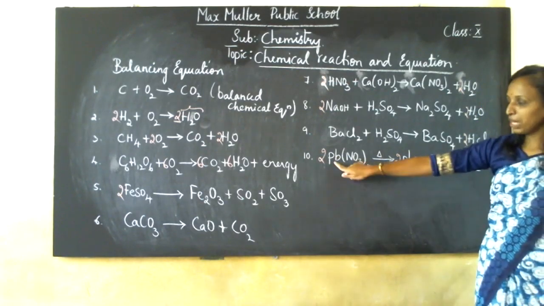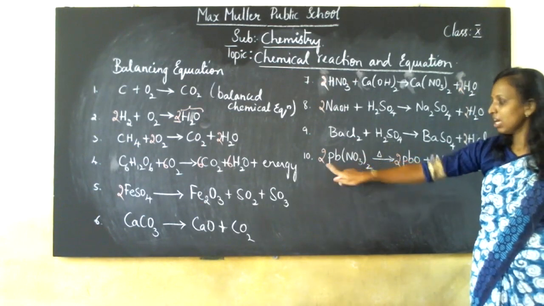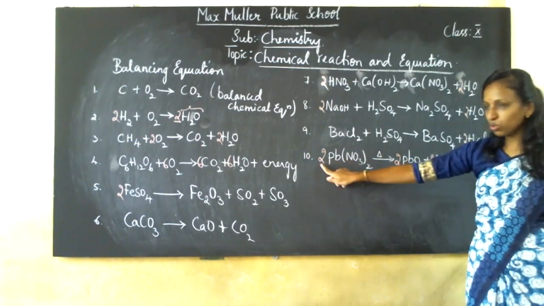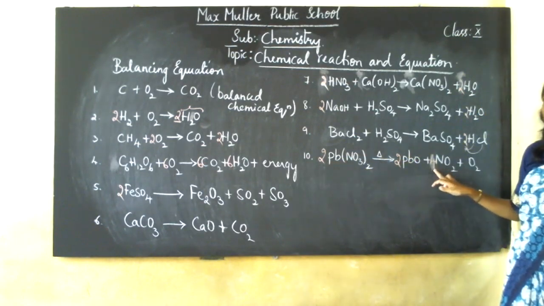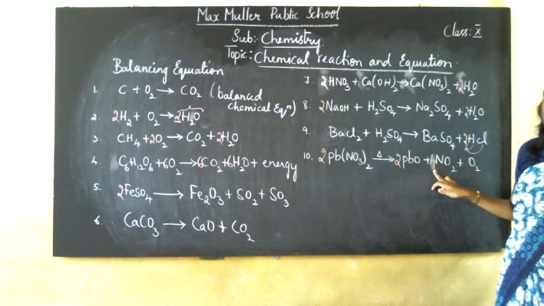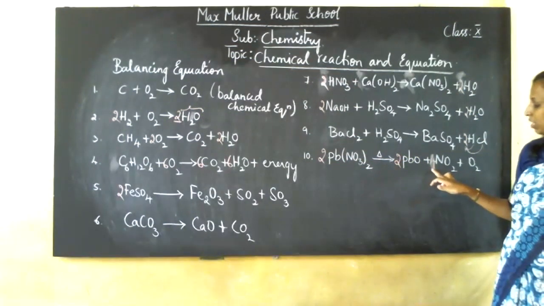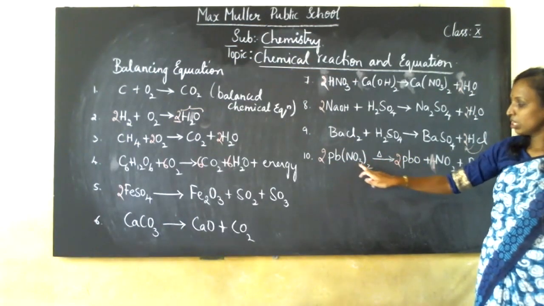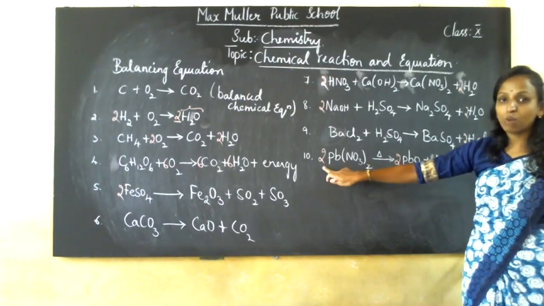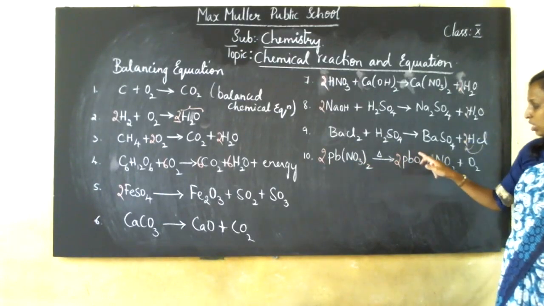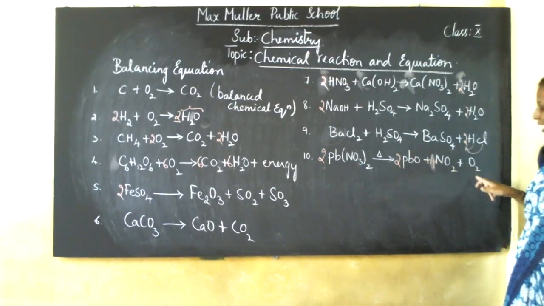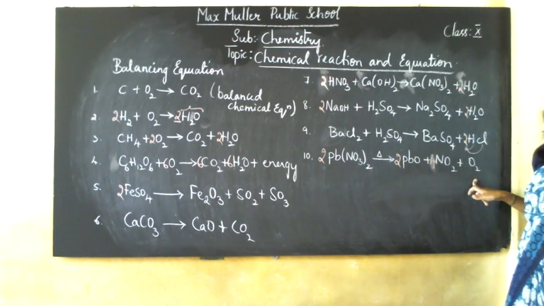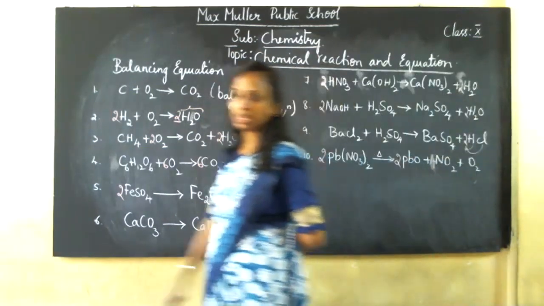I'll repeat again. Pb is 2. Nitrogen 2 into 2 is 4. Correct. So again nitrogen is 4. I had 2 here, but I require how much, children? 4. So I just multiplied again with 2 and I got 4. Now check out oxygen. 3 2s is 6. 6 2s is 12. Now here it is 2. 2 plus 4 2s are 8. 8 plus 2 is 10. Again it is 2. How much? 12. Is the equation balanced? Yes. So check out whatever equation has been there on your board.